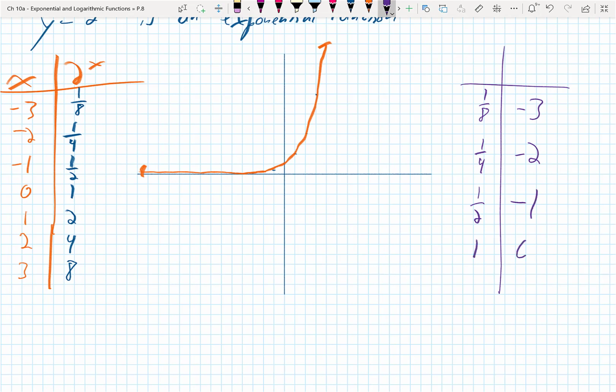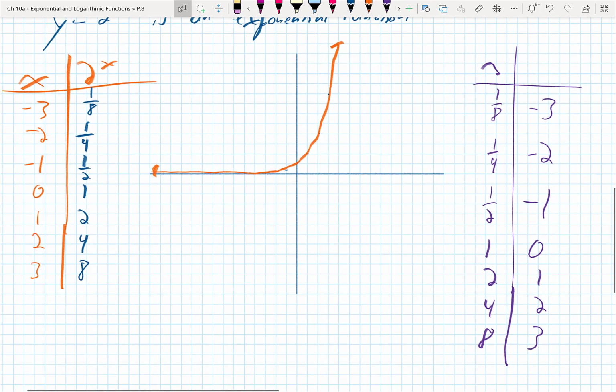That inputs 1/2 and outputs -1. That inputs 1 and outputs 0. That inputs 2 and outputs 1. 4 becomes 2 and 8 becomes 3. What do you think 16 becomes? So the operation, if this is x,